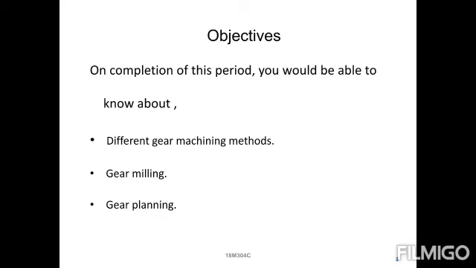Today we discuss what the gear making methods are. Again, what is gear milling and what is gear planing. Before that, we need to know what a gear is first of all. Already you know, but once again I am repeating what a gear is. Gear is one of the tools which is used to transmit the motion from one shaft to another shaft without any losses. Right, it is the easiest way of transferring movement.